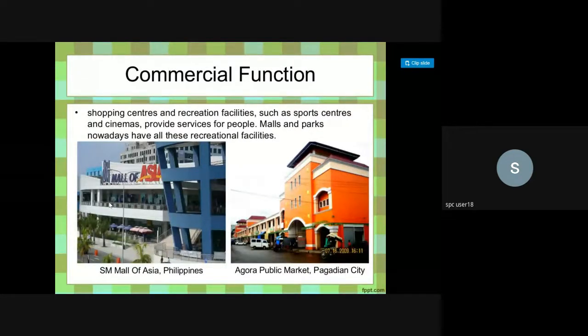Then you have commercial towns as such. You have a lot of shopping centers, recreation facilities. These are available in larger towns of India. You'll see that many Indian towns develop multiple functions because of the population. It's this population that provides the business, and that's why they develop many things. Say, for example, cinemas, sports centers, malls, parks, available as recreational facilities. So there is no exclusivity about it, but Chandigarh once upon a time was known for having a lot of parks all around because it was planned as such, and every park had its own